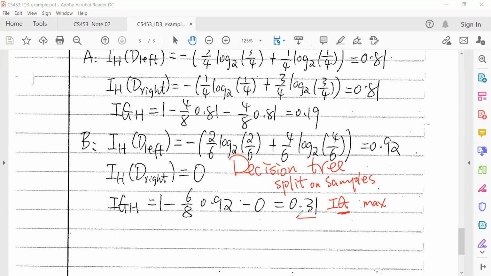Clearly we can see this information gain is greater than 0.19, so case B is the better case, a better decision tree. So this tree is better. Okay, so here we get the general idea about how we do a decision tree. And I think that's the major material for